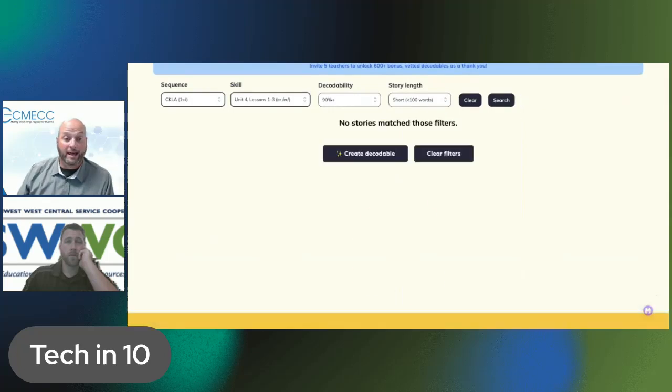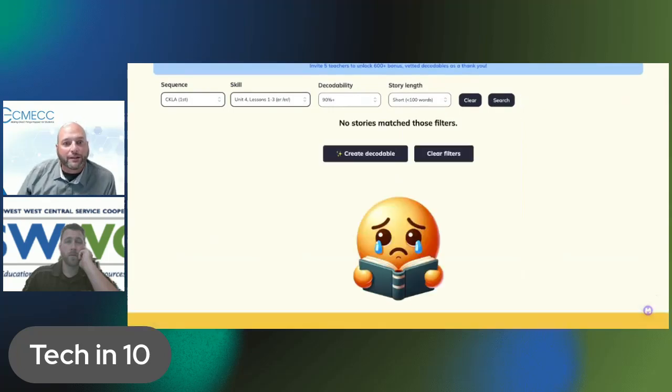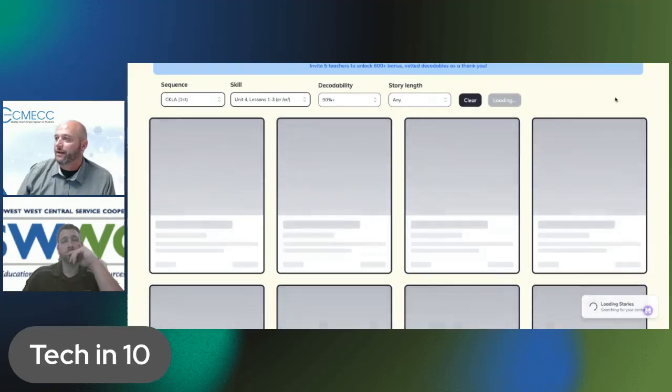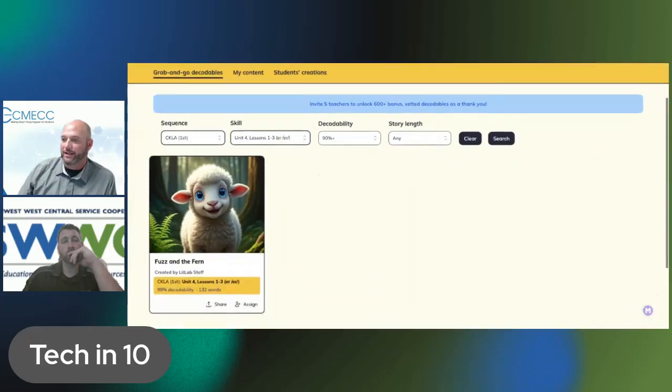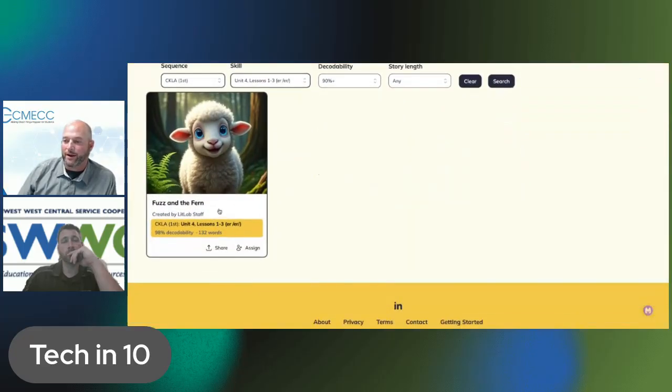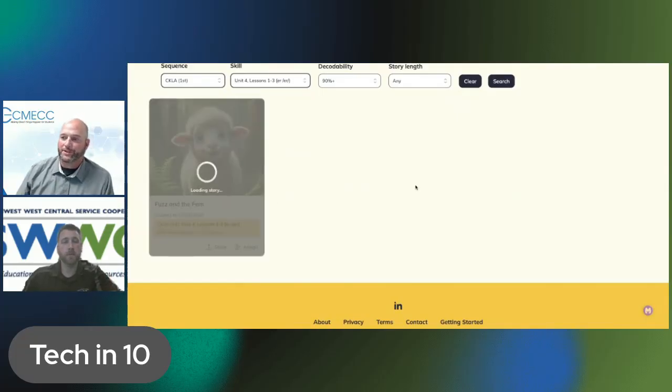And actually, oh, well, look at that. None of them matched. Well, that's no fun. What if we made that any? And so it's searching for stories here in the ones that they have that you're able to use. And here's one called Fuzz in the Fern. If I open up this particular